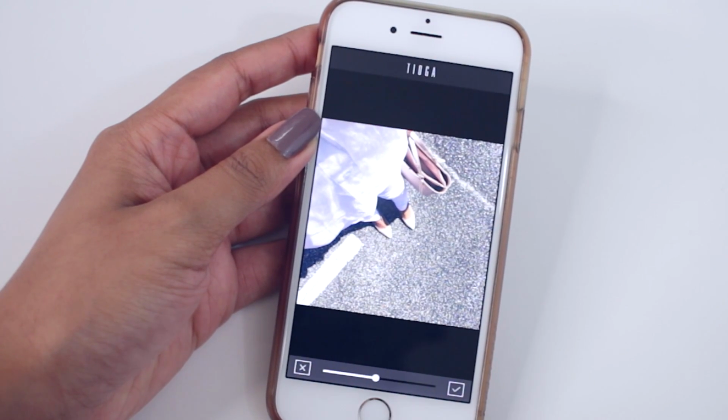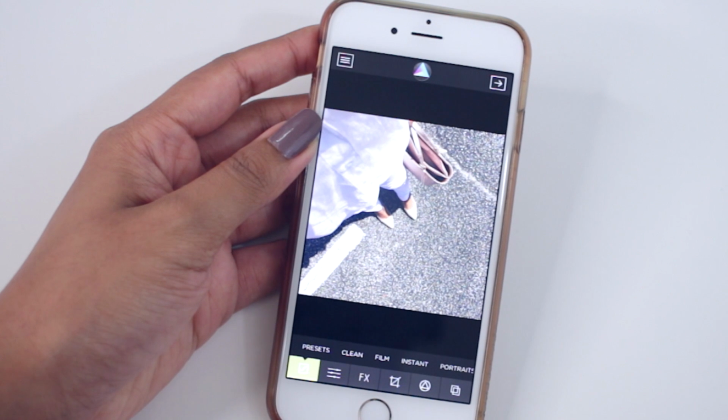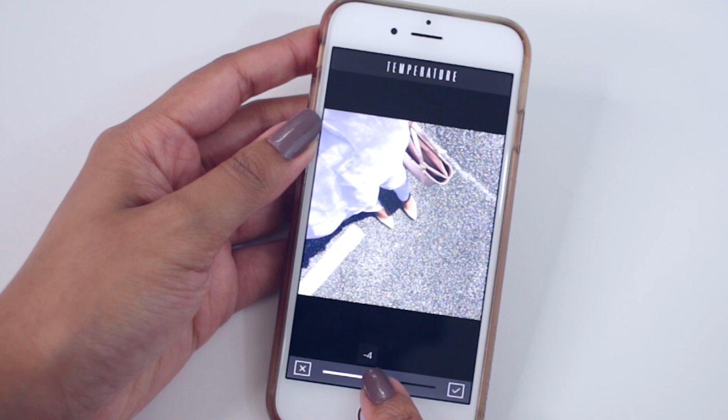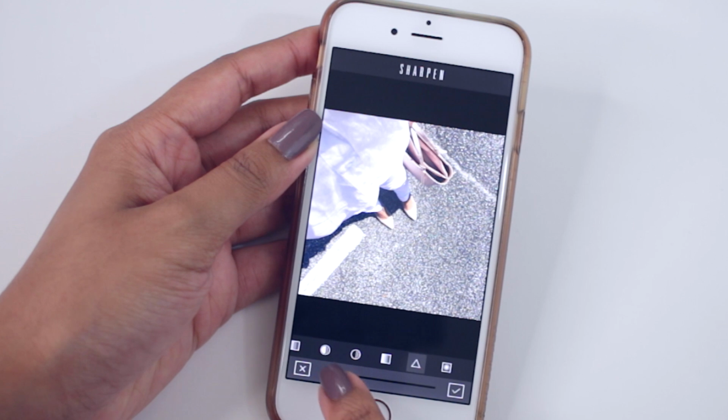So I'll go through the app, and usually I will bump down the intensity of the filter. I'll also go and fix the contrast, whatever looks good for the picture. I'll also touch the exposure a little bit. Sometimes I'll bring it up or keep it down. I also like to do a little bit of brightness. And for my temperature, I like my photos to be more cool toned and blue toned. So I like to turn down the warmness. And I also like to apply a little bit of shadow fixture so that way it's not shadowed too much.